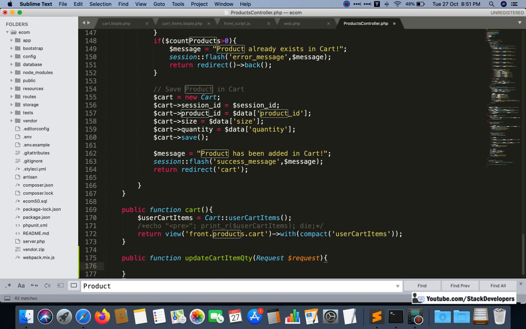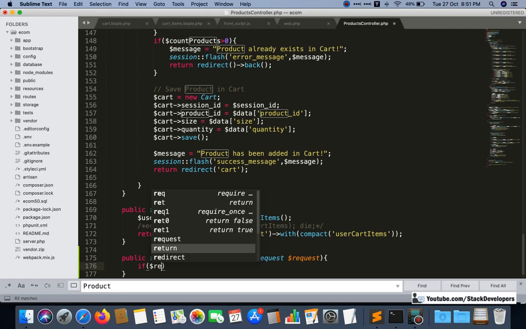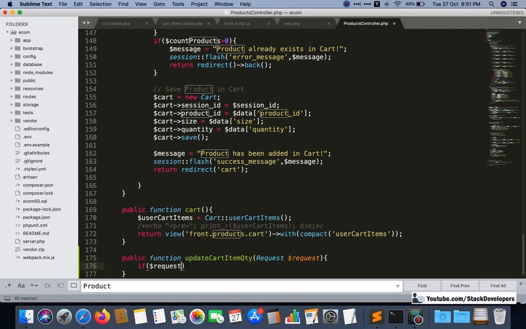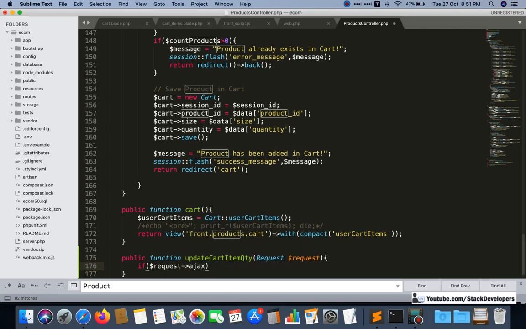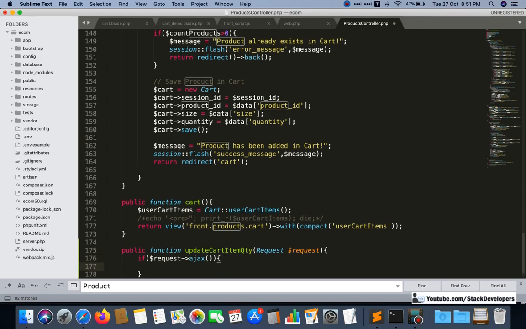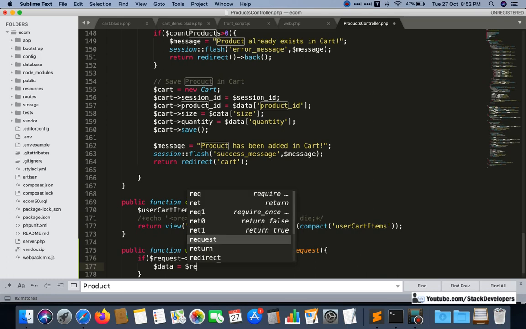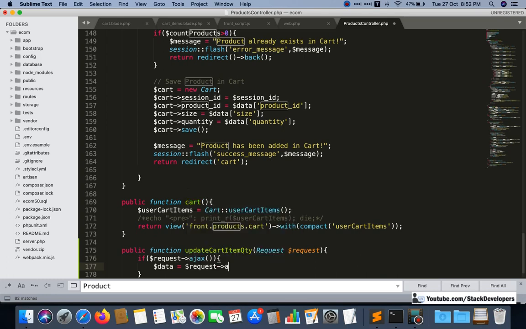So first of all we are going to check that our request is coming or not before proceeding further. So in Ajax I'm going to check it like this. Here, $data equal to $request->all.